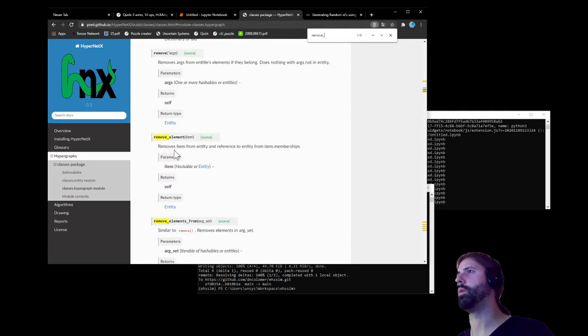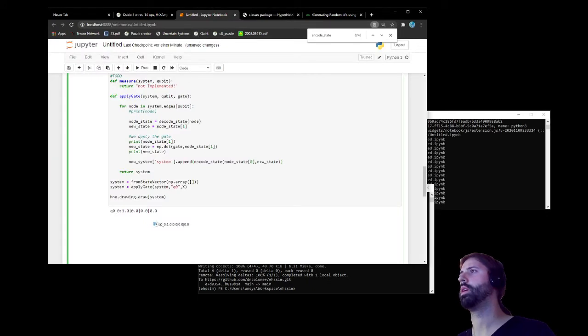Remove element. Removes item from entity and reference to entity from item memberships. Remove element. So maybe I can just say, can I just say, yo, system, remove element,